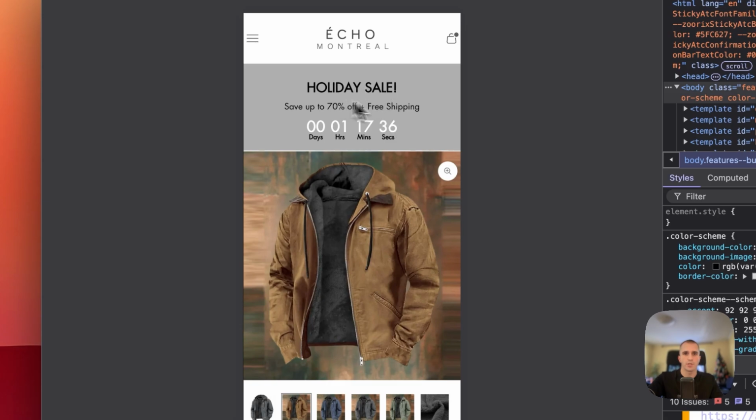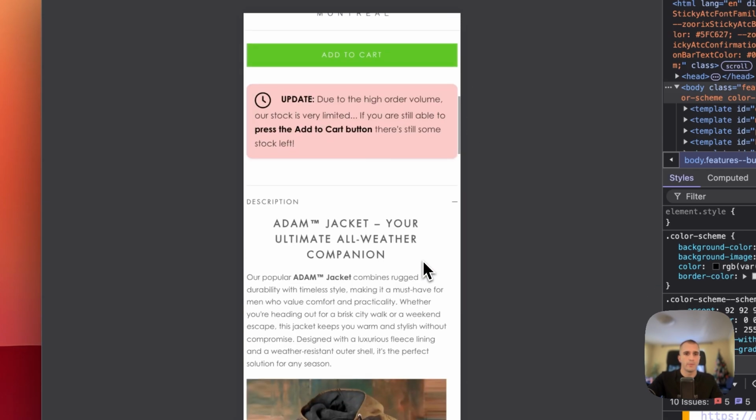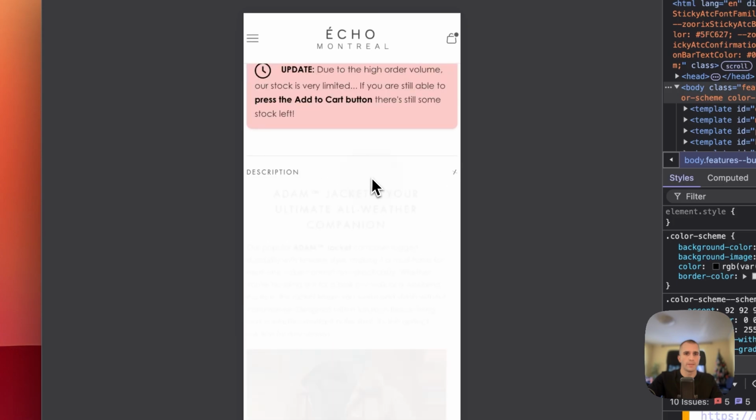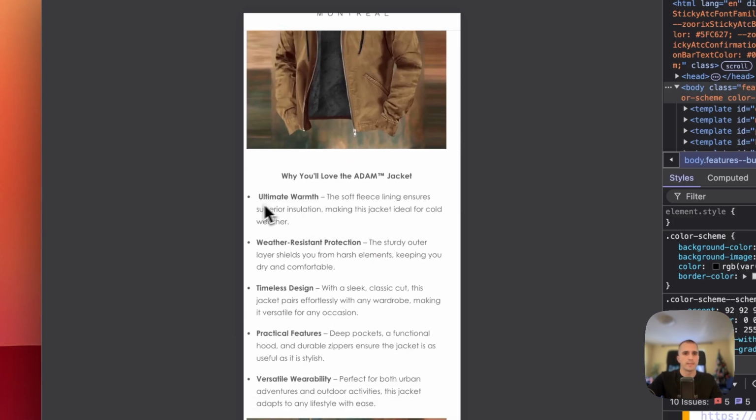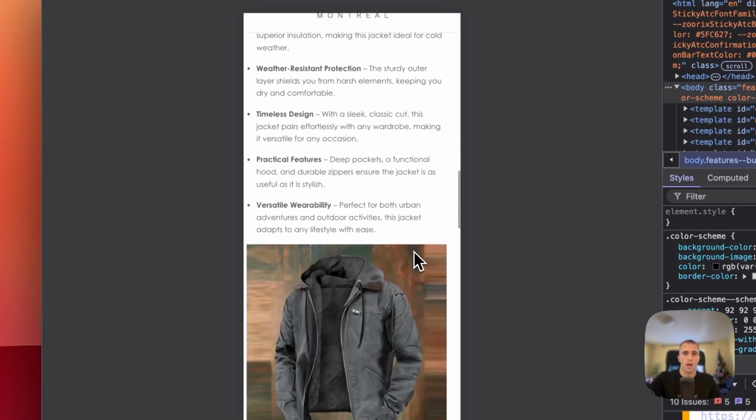As we can see, we have this announcement bar which is very big. We have to reduce that. Then when we scroll a little bit below, we have the description here. I like how you have written the description because it starts with the benefit and it's bolded. Then you have the features of it. This is the technique called front loading. I'm not sure if you're using that on purpose, but it's a very good thing that you're doing. So I like that.